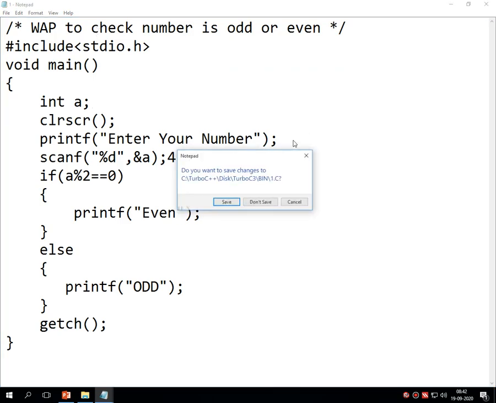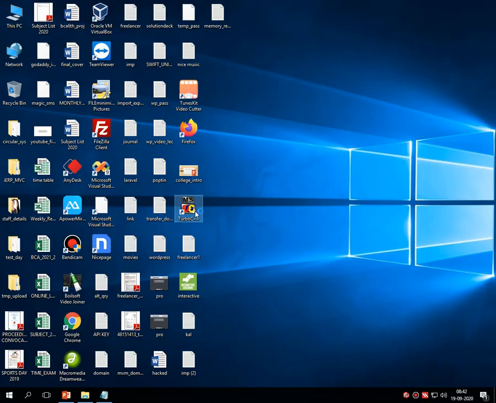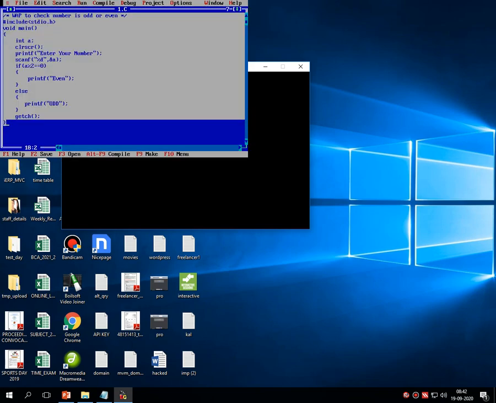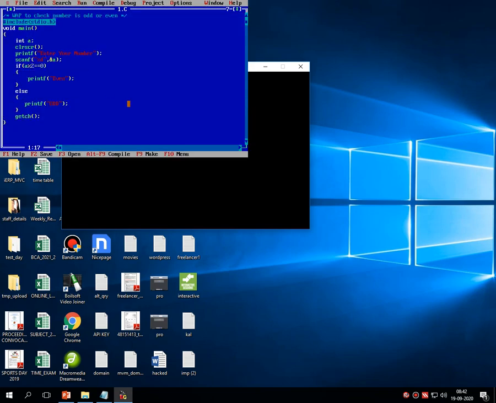I'm just going back into the C compiler, and then here I am making our change. So write a program to check number is 3 or not. Same definition I am writing over here. Then for this entire program, we require one input. So I am declaring a variable called a. Then the basic function called clrscr. Then I am entering the message, enter your number, and then the number.